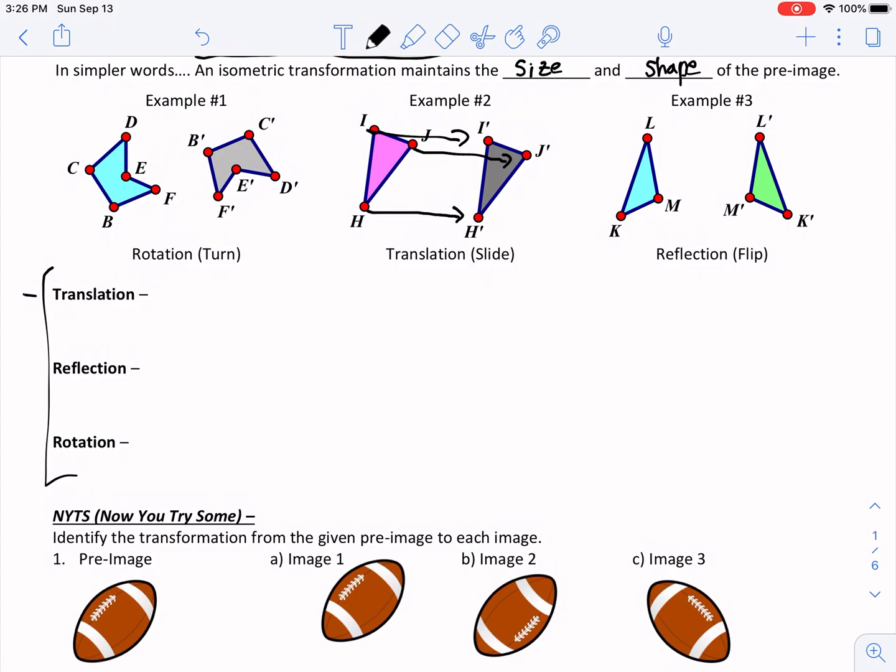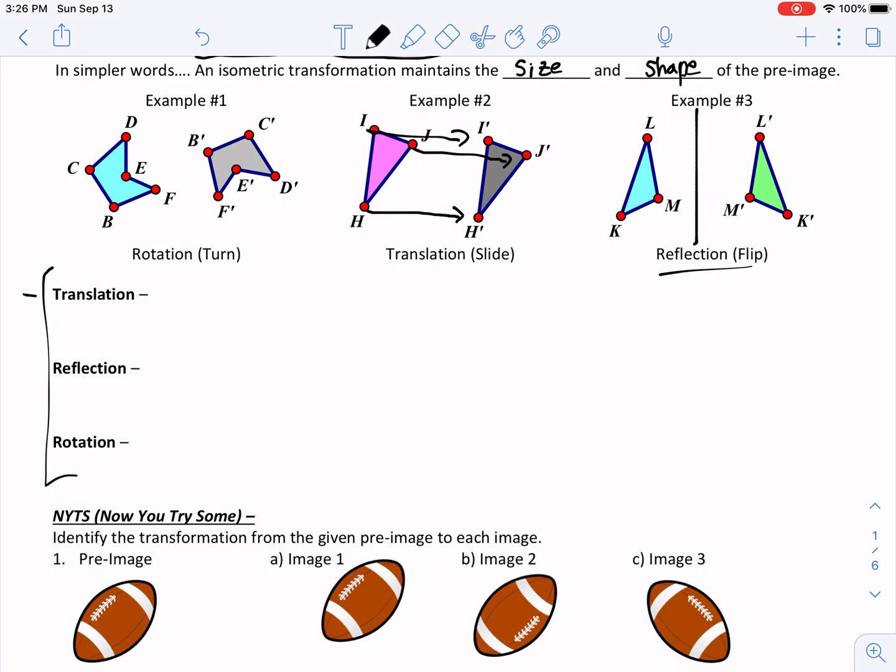And then the next one that we see that we're going to define here is called a reflection. Well, we kind of talked about a reflection when we were talking about line symmetry, okay? A reflection is just going to give us a mirror image or a reverse image. Like this guy over here in example 3, we get a mirror image, okay? If we can think of it in terms of our line of reflection again, notice if I flip it to the other side, fold the ends, they would match up,